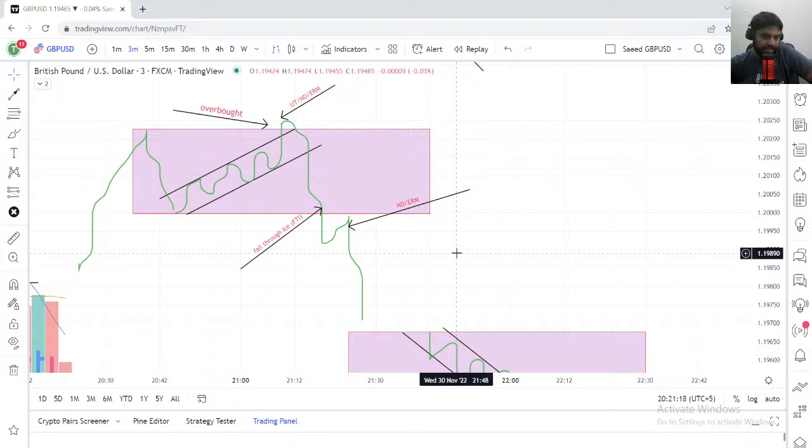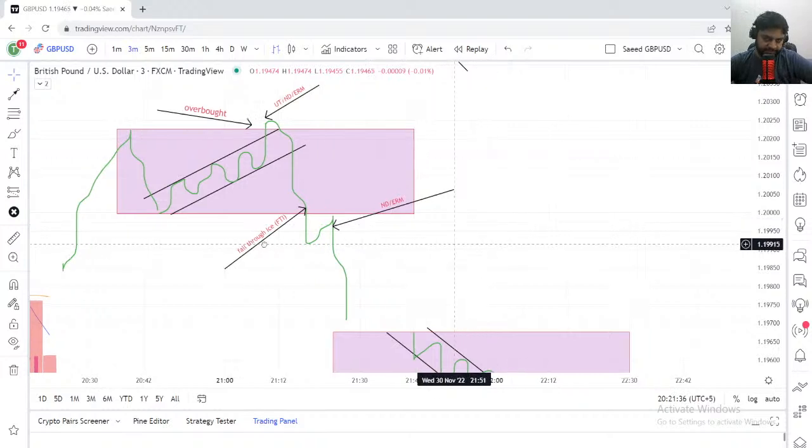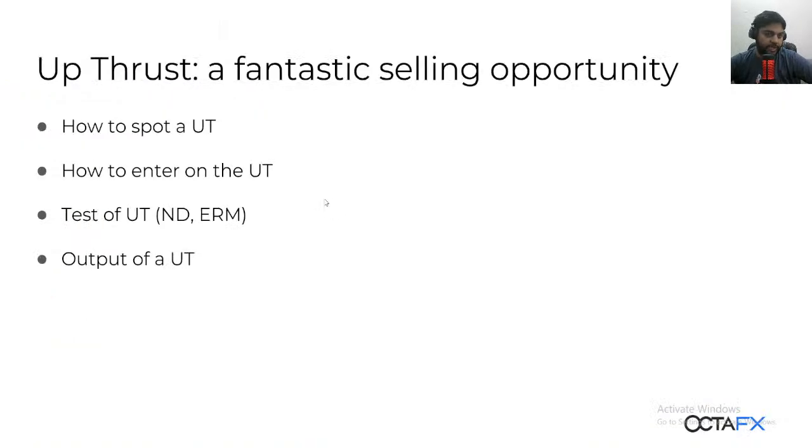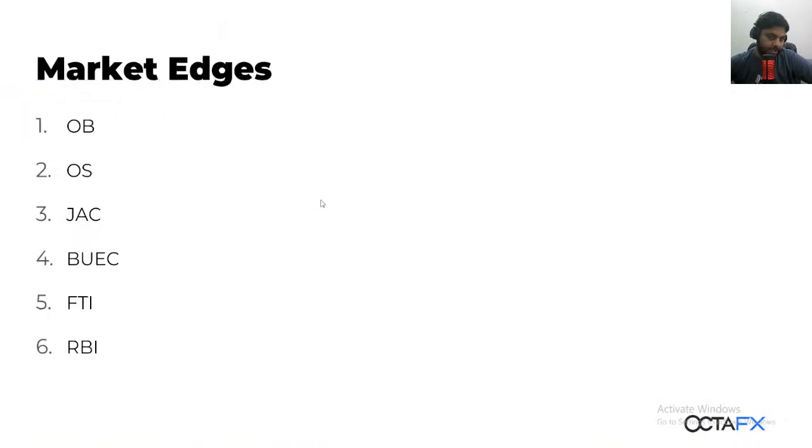It's going to be an amazing trade. Just sell again over here, because you have no demand and an end of rising market bar. So you can sell over here and it will go down. Now it boils down to the points we discussed already. We already discussed that you have to look for springs and upthrusts. You also have to understand overbought, oversold, jump across the creek, back up to the edge of the creek. Then you have to understand fall through ice and rally back to ice.